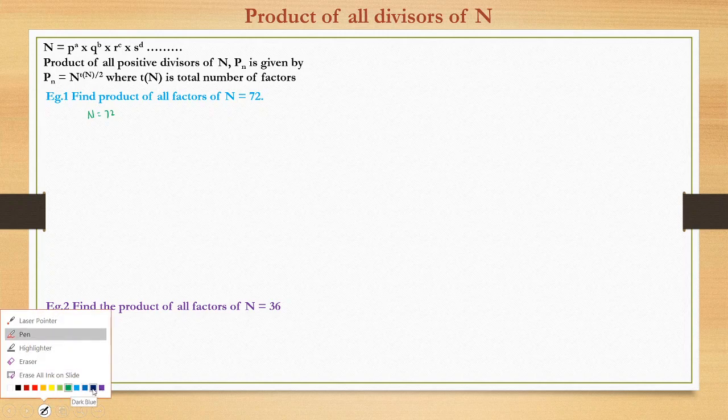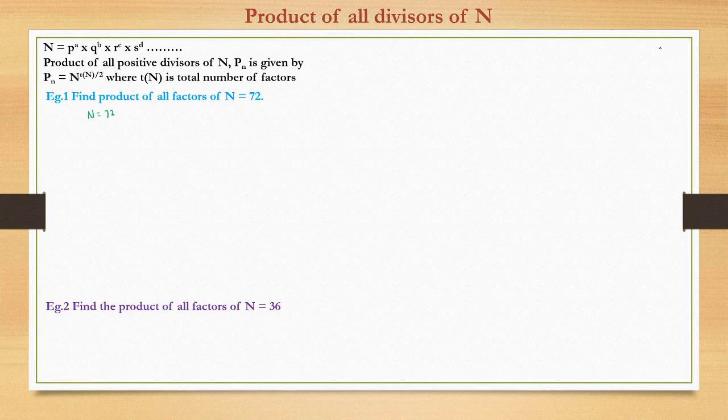So can we write all the factors of 72? I mean, we had seen in our basic series how to factorize 72, how to write all the factors. So basically, 72 we can write as 1 into 72, 2 into 36, 3 into 24, then 4 into 18, 5 will not divide, 6 into 12, 7 will not divide, then 8 into 9. Now further the cases would repeat.